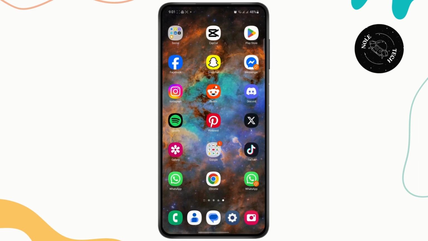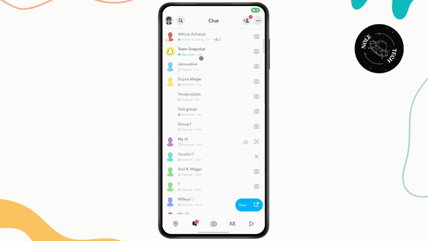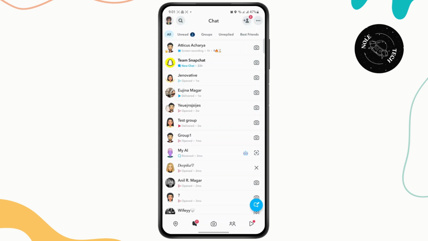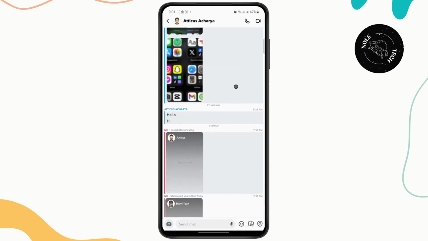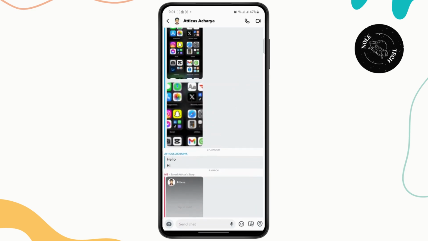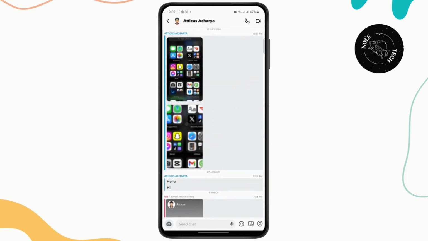Now let us jump right into the video. The first thing you're going to have to do is open up your Snapchat. And once you open up your Snapchat, you're gonna head over to your chat section and tap on the chat from where you want to save the picture. So for example, if I just scroll up on this chat and I want to save this picture right here,